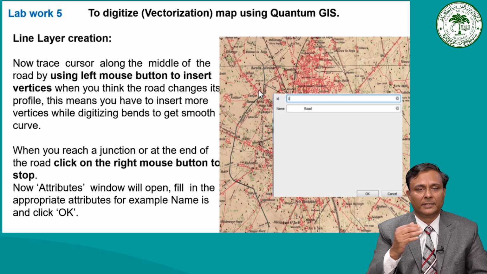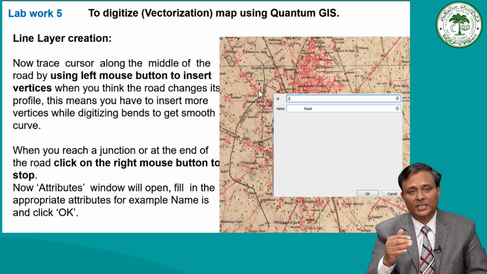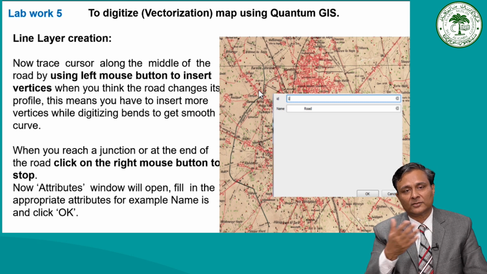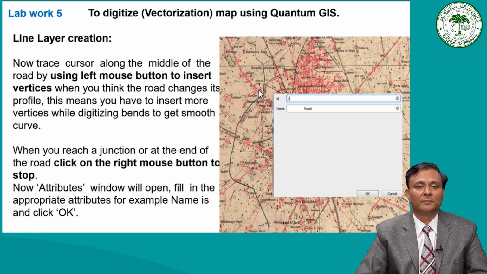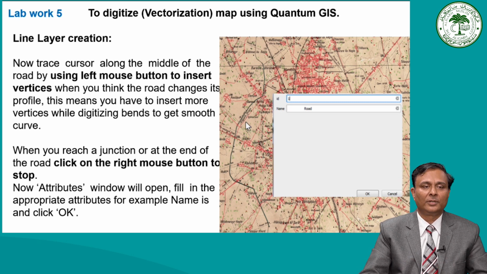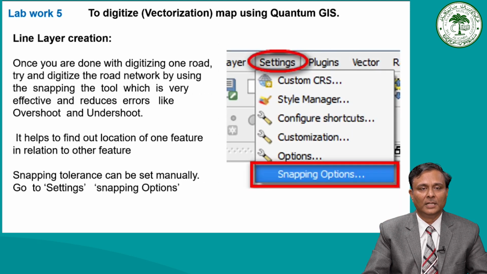Then you have to give the ID and the name. So here you can give any name. If you have selected road there, here you would give the name of the road. It can be, say, GT road or Ramghat road, any road which is already named in your base map, that you can insert. So this attribute window will open, and you have to fill in the appropriate attributes. And then